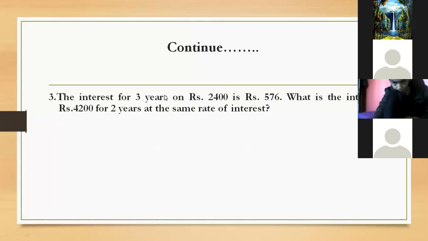From the first case, find out what? Rate. And that rate will be used in the second case. Then it will give the correct answer. Okay, sir. Let's do it. Don't take more than 5 minutes. Yes, sir. Sir, in second case, we should find principal? In the second case, you have to find out interest. Okay?